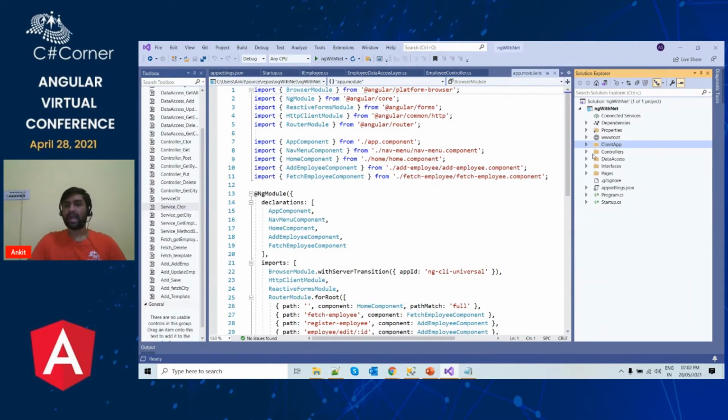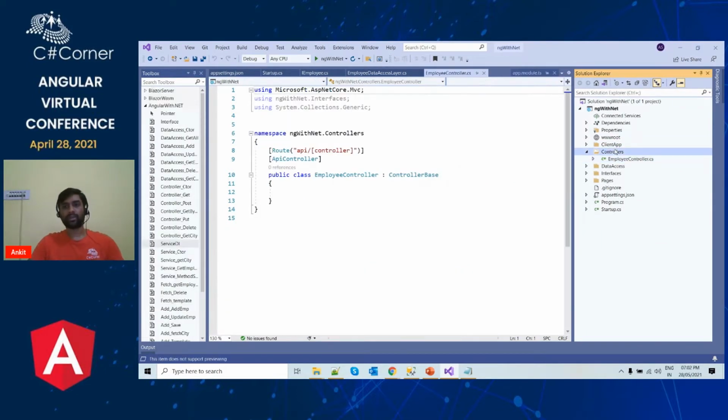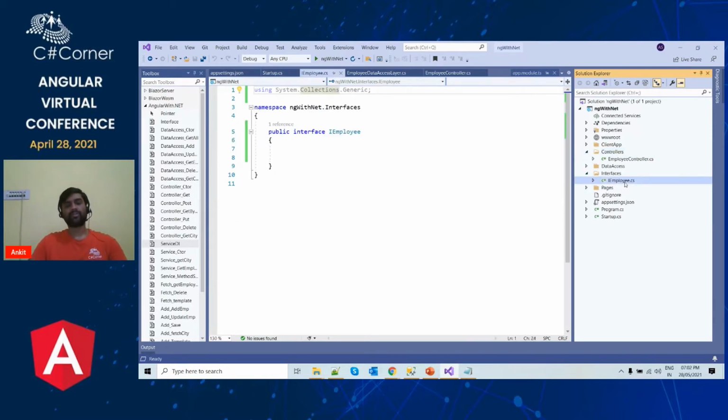Now, we already have a controllers folder which will contain our API controller code. And then I have created an interfaces folder. So for this application, we are going to use the repository pattern. In the repository pattern, if you are familiar with that, you know that we have to create an interface